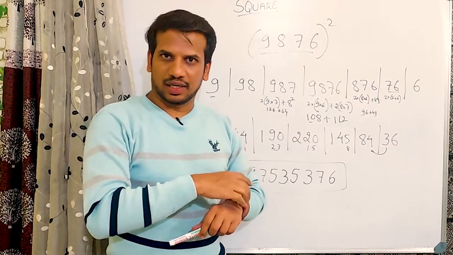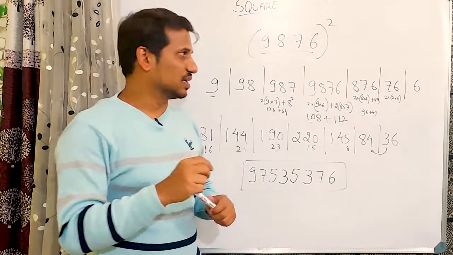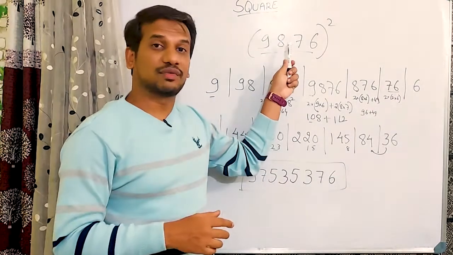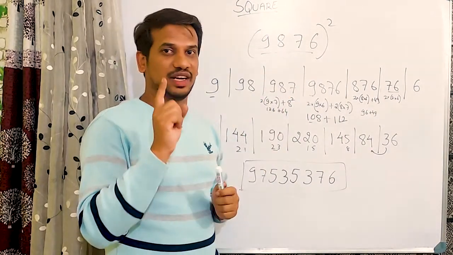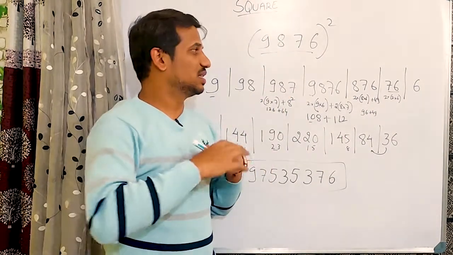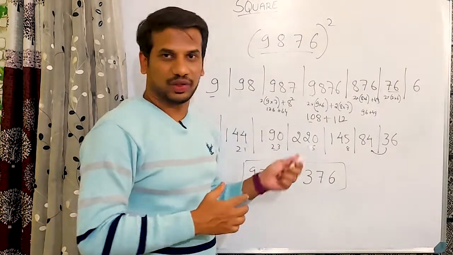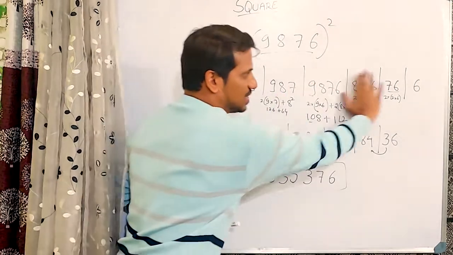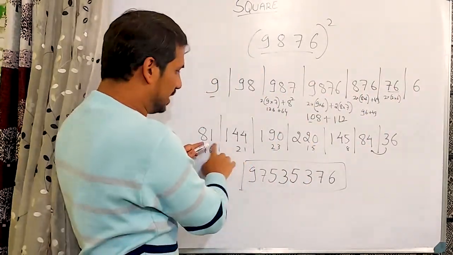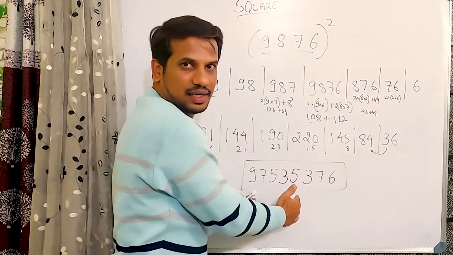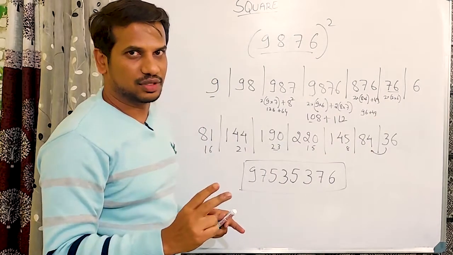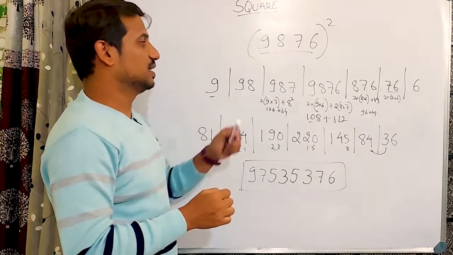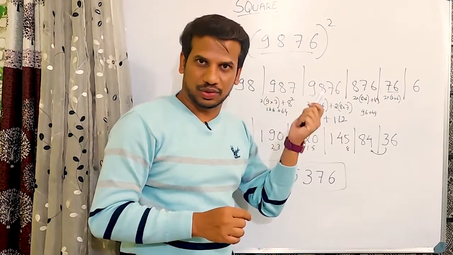Trick 2, which we saw for 2 digit numbers, people say that is more comfortable. Now apply that trick for this 9876. That's very tedious. Okay, that's not that easy to find the answer. Here, if you practice, you can eliminate this step as well as this step, and you can directly write this step and then the answer in 2 steps. So this is easier than the first 2 tricks.